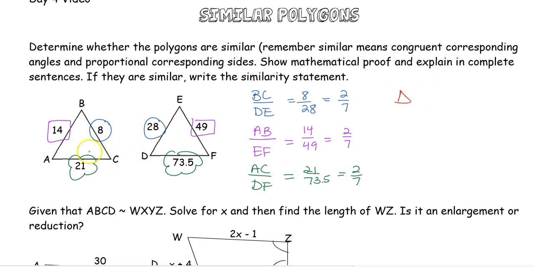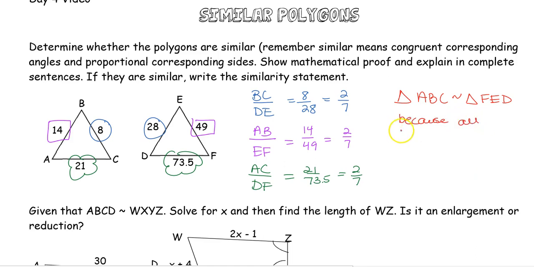We look at corresponding order. So if I just pick the first one, ABC, I went from A to B to C. So I'm going purple, blue, green. I have to follow that same order over here. So to go from purple to blue to green, purple, blue, green, I'm saying triangle FED. Remember, how you name the first one doesn't matter, but you have to match it up corresponding to the second one. So I can say that triangle ABC is similar to triangle FED